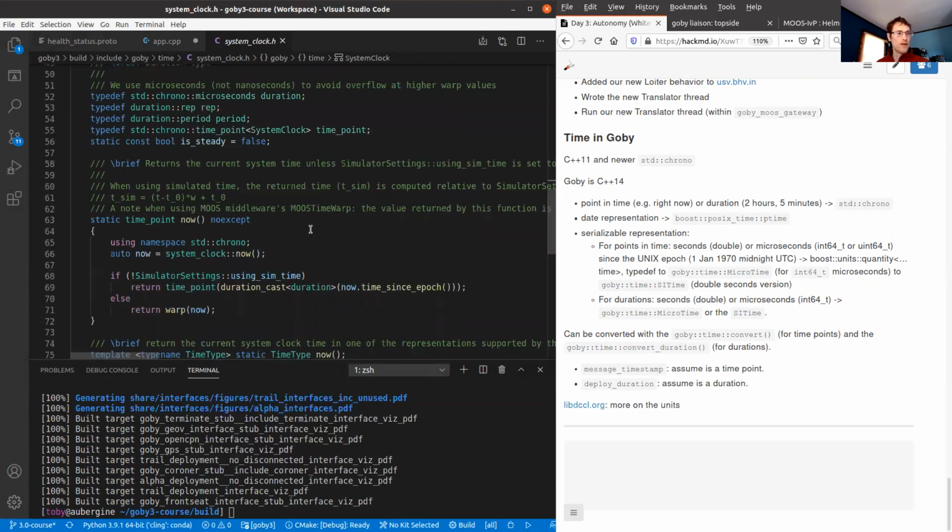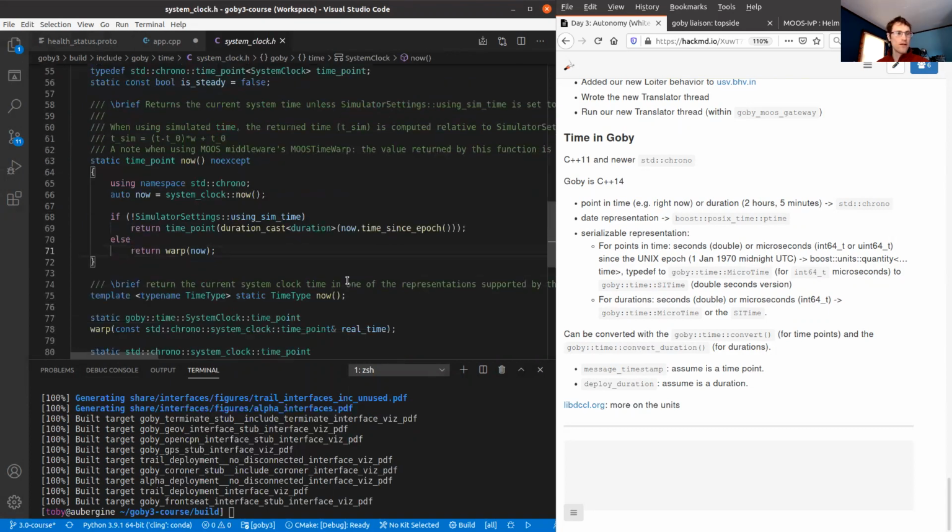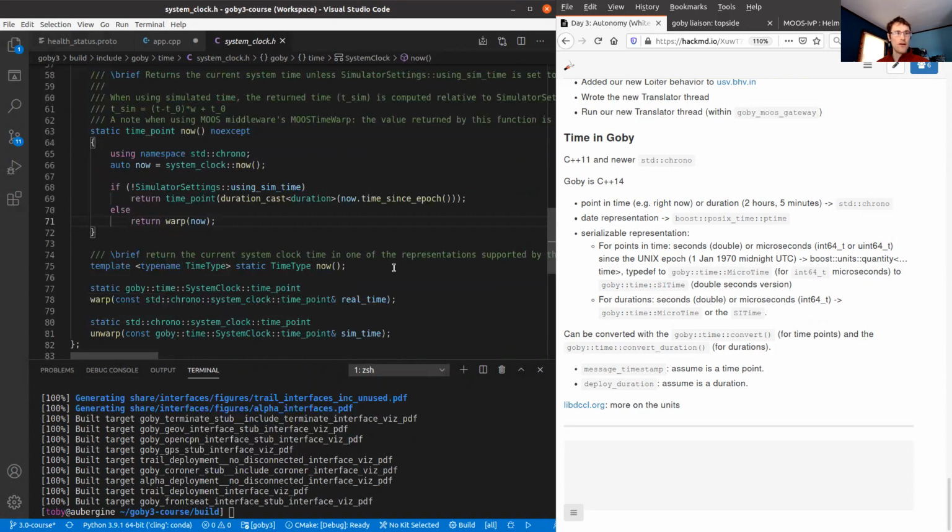The only difference is that it supports this warping functionality where you can call time at faster than real time, which is really useful for the simulations. Since you can convert between the Goby system clock and the regular standard chrono system clocks, I would recommend using the Goby system clock everywhere you can, so you can use the warp functionality, but you don't have to.